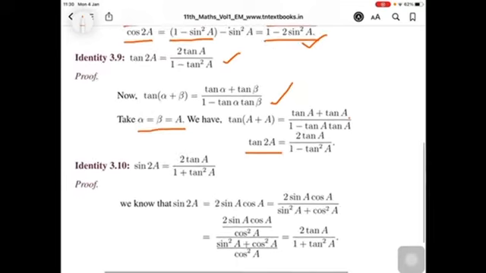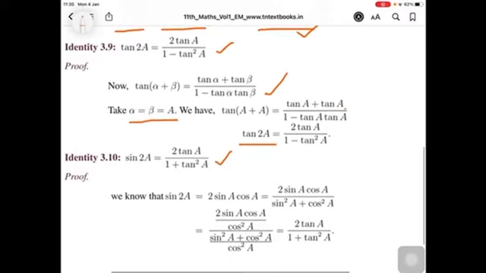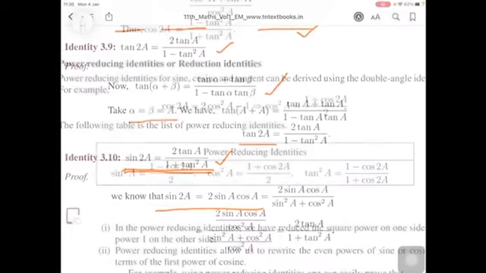Now, sin 2A again, sin 2A in terms of tan A. So, sin 2A is equal to 2 sin A cos A, the first double angle identity, which we are using here, and finding another formula, that is sin 2A in terms of tan A. Given the tan value, you can find the sin 2A value using this formula. These are all very simple. You have to do it in your notebook also, and you should know the derivations for all identities. Sometimes they may ask this.